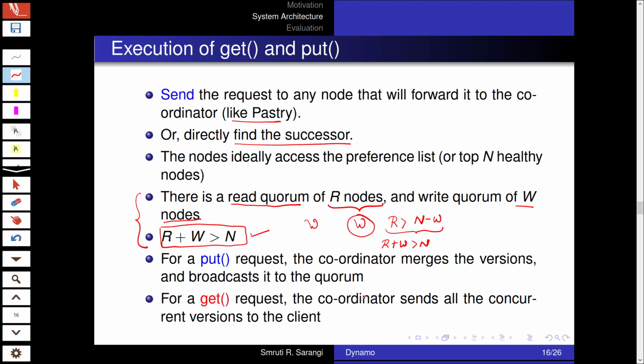For a get request, the coordinator sends all the concurrent versions to the client, and then the client needs to do a merge. It can be the client or it can be some other Amazon node on behalf of the client, right?